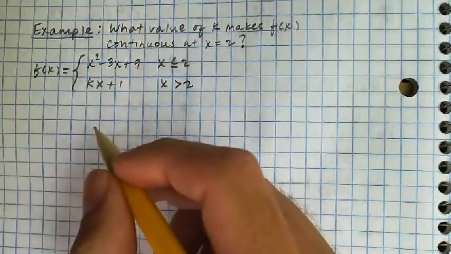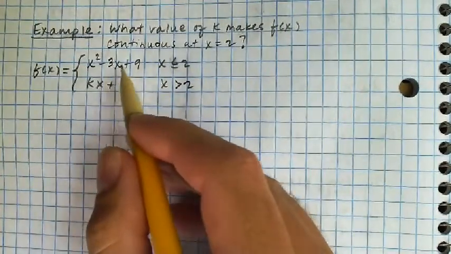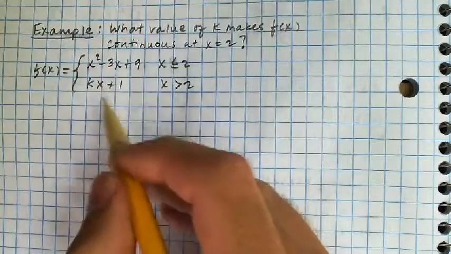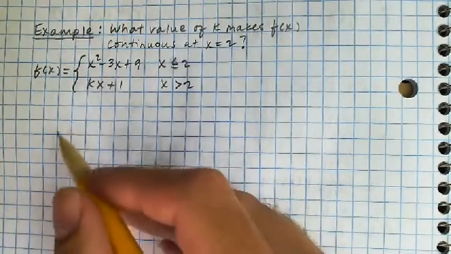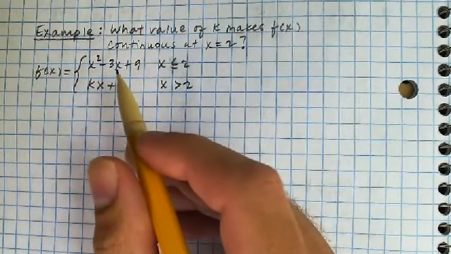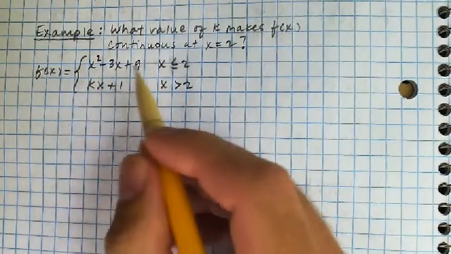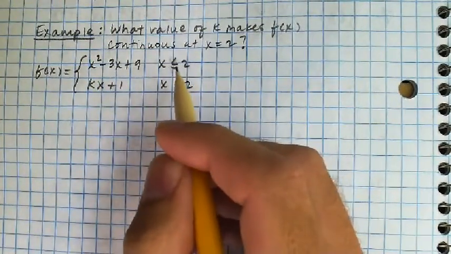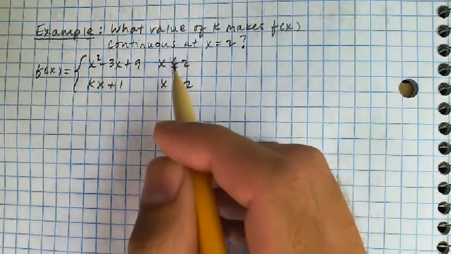And I kind of want to draw a picture of it for you. Okay, so x squared minus 3x plus 9 is going to be an upward facing parabola. I'm not going to draw you an accurate graph of this, but it's going to be fixed, right? We know what the graph of this thing looks like. And at x equals 2, it goes all the way up to x equals 2,